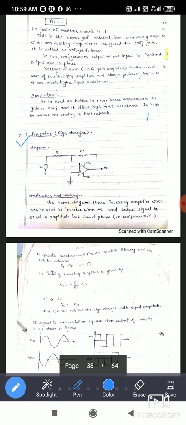So here RF1 is equal to RF. If you are making it, then the output voltage V0 is minus Vin. The reason is, the output voltage V0 is given by this formula, that is V0 is equal to minus RF divided